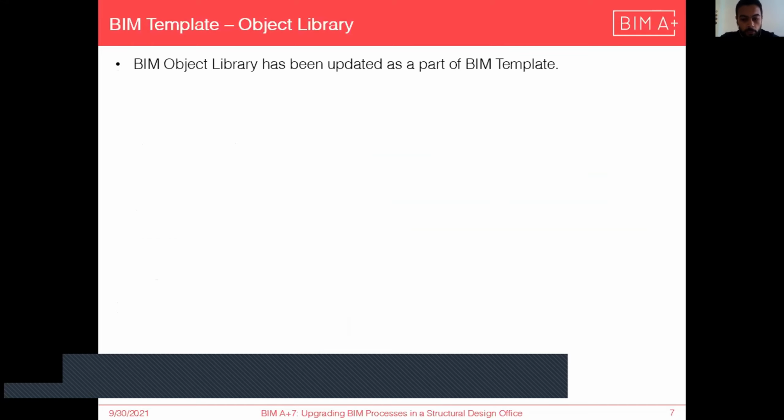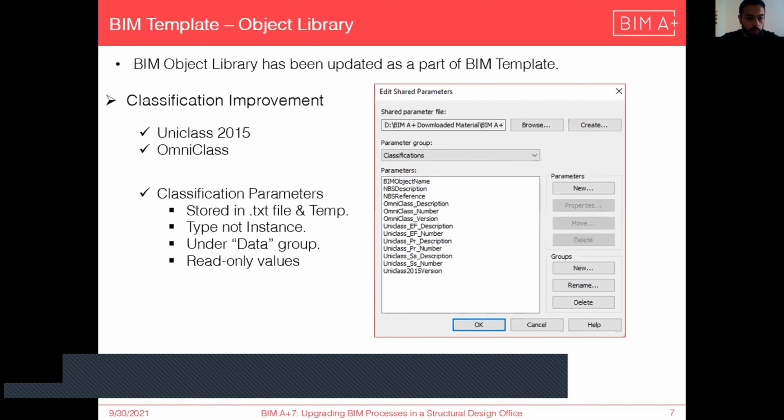For the object library, this study was developed to apply the Uniclass and Omniclass classification systems in the Newton internal object library. Firstly, with the collaboration of the Newton team, all the families were collected, identified, and classified according to the elements' structural usage. Then the work is implemented on the used elements by creating new shared parameters for classification